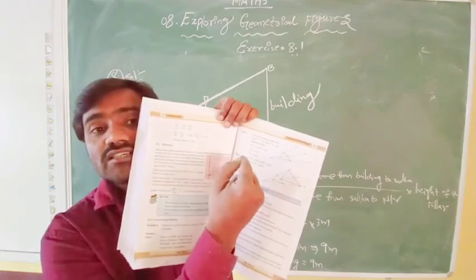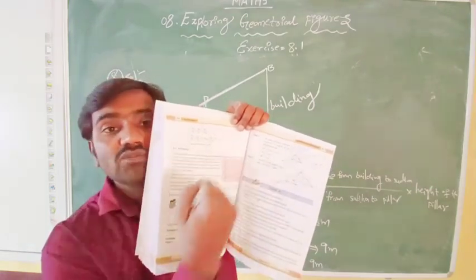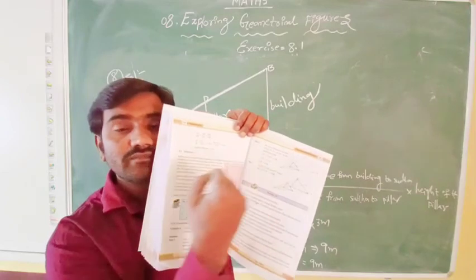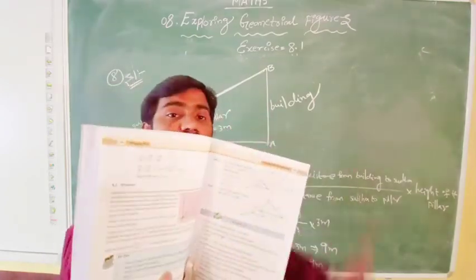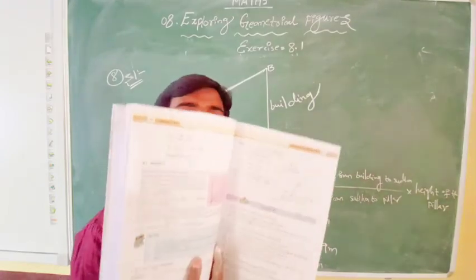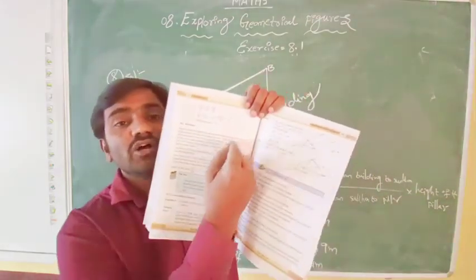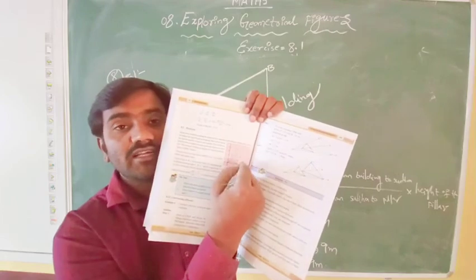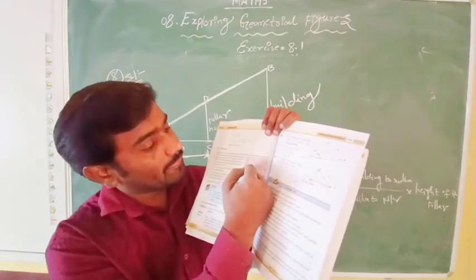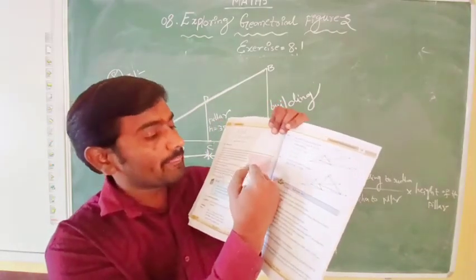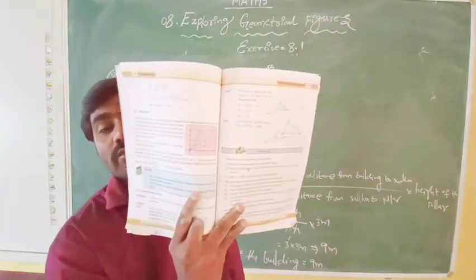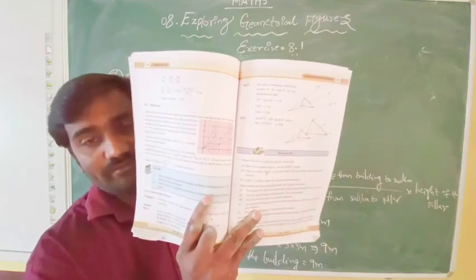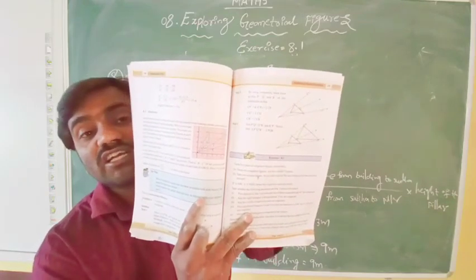If you see the units of OA dash, OB dash, OC dash and OD dash, and divide by the original figure's lengths, you get the scale factor always 2. That means here 2 by 1, here 6 by 3, 6 by 3, again here 2 by 1. You observe the scale factor is 2 in this, but we have to get a scale factor of 3. In that way we have to construct the dilation.